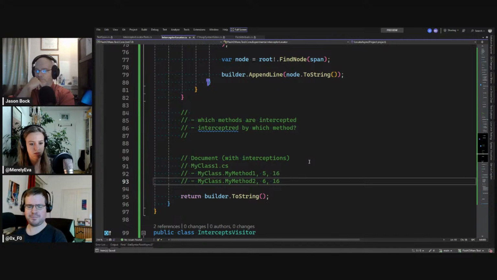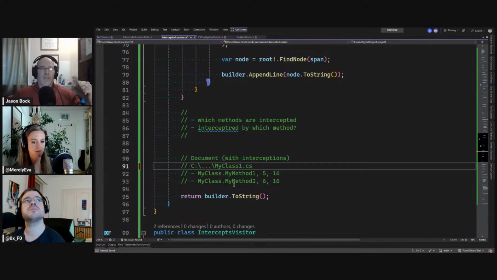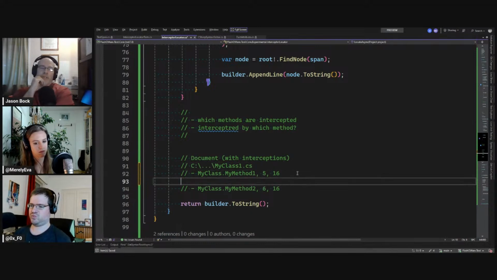Yep. Right, because it's possible that an interceptor is not going to intercept all of the calls to my method one. It might in some cases, but not in others. So knowing within a file all of them and their locations, I'll know that those are the ones that are going to be intercepted. It would also be nice to know, if you can say, in what generated file the interception is going to be done. That might be interesting too. I'm not sure if you can get that.